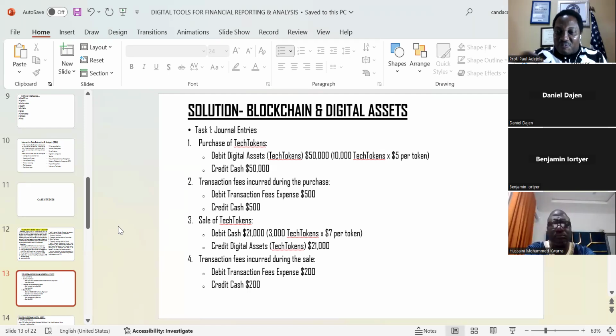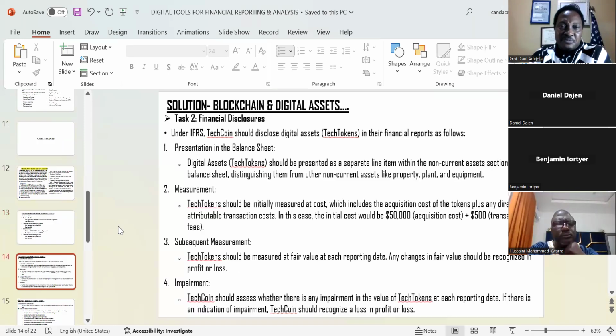So anytime you purchase an asset, that asset account is debited. Then if you pay in cash or check, cash or bank is credited. In this PhD advanced class, we don't need to go back to the rudiments. They are very straightforward. Ours is to open your eyes to see. I've already mentioned to you, we'll be examining on blockchain and digital assets, specifically anything that has to do with reporting the blockchain and digital asset.